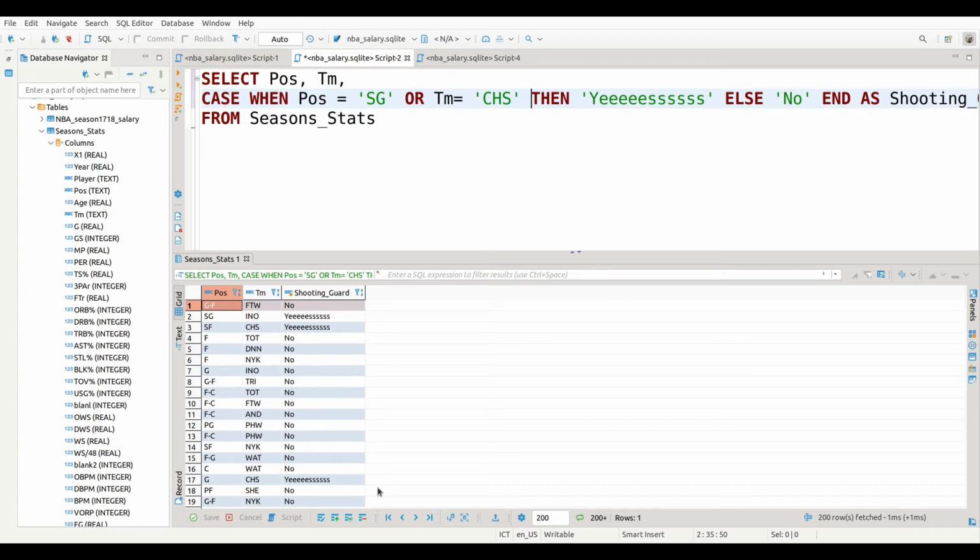no. So this is a way to continue to add different criteria to this. And just like with the where clause, where you can use like and or in, you can also do the same thing with these case when statements. That's what's happening here. Now, for our last example for this video, it's going to get a little bit more